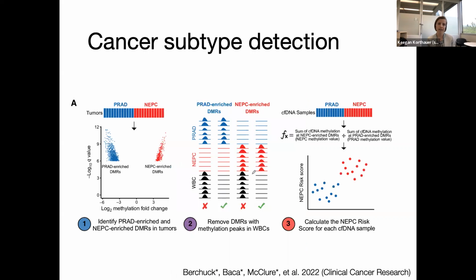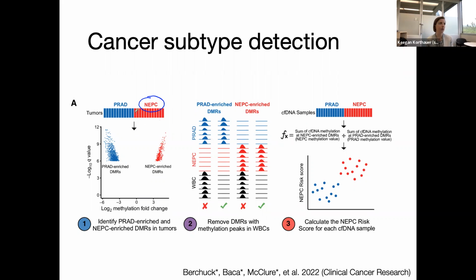And so just an aside, and another iteration of this approach. In collaboration with the same group out of Dana-Farber and Harvard, we tried to do another challenging problem, but from a slightly different direction. So moving back to plasma, but instead of trying to detect cancer versus healthy, can we detect two different cancer subtypes? So we know the patient has cancer, but we want to distinguish, do they have this more advanced and difficult to treat form of